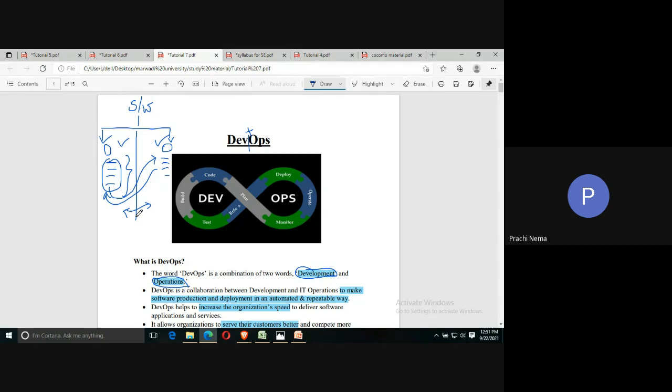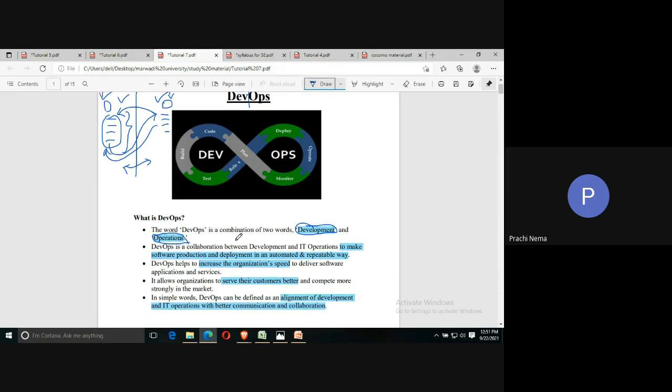If the development and operation teams had been in contact, what would have been possible? At that particular time only, the operation team could test and tell the development team to correct the error right now. So the time of delivering the project would have been reduced. This has been done in DevOps.